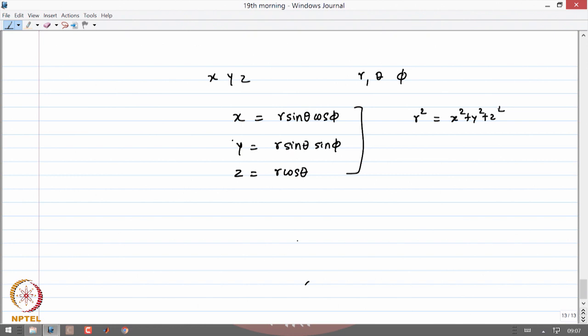Therefore, r is square root of that, and the ratio of y by x is tan phi. Therefore, phi